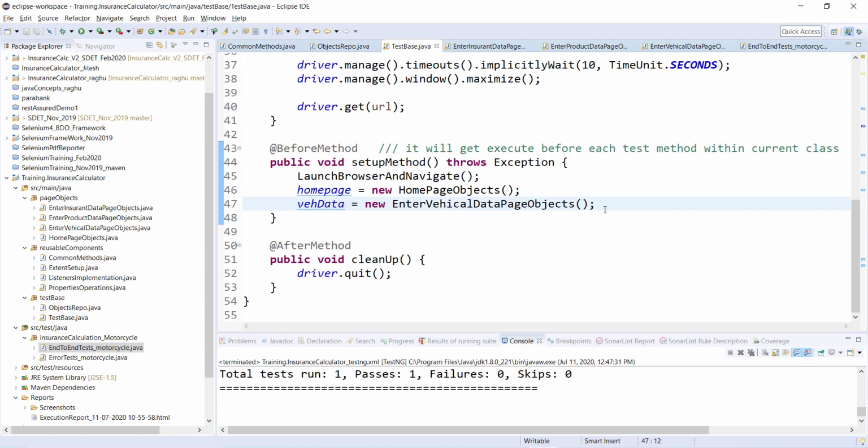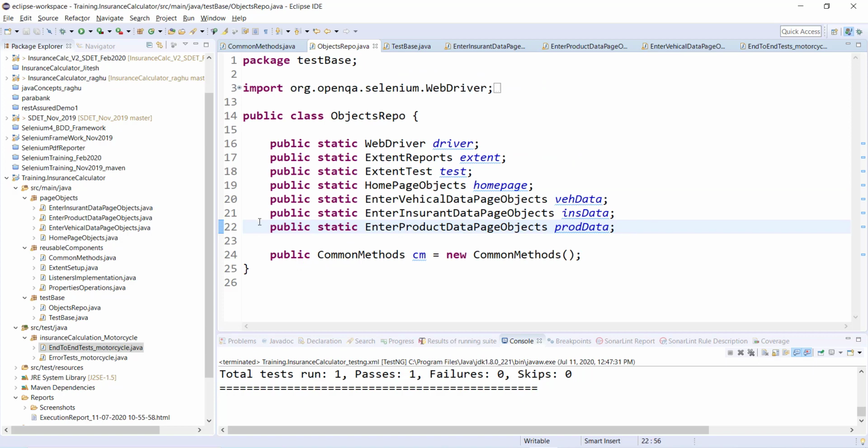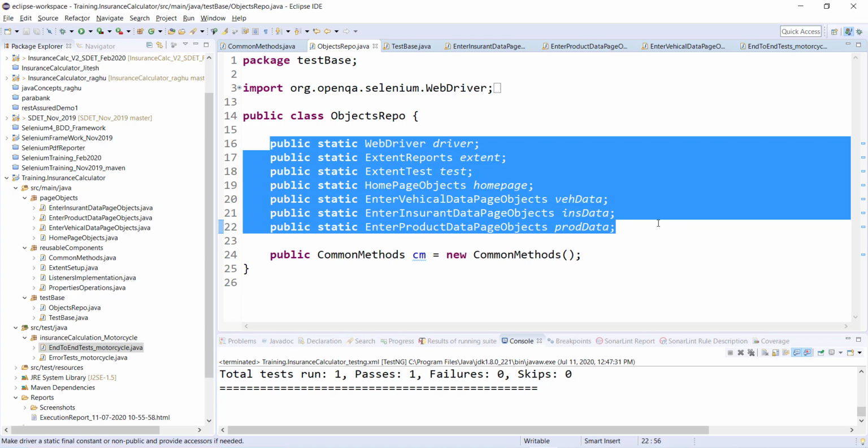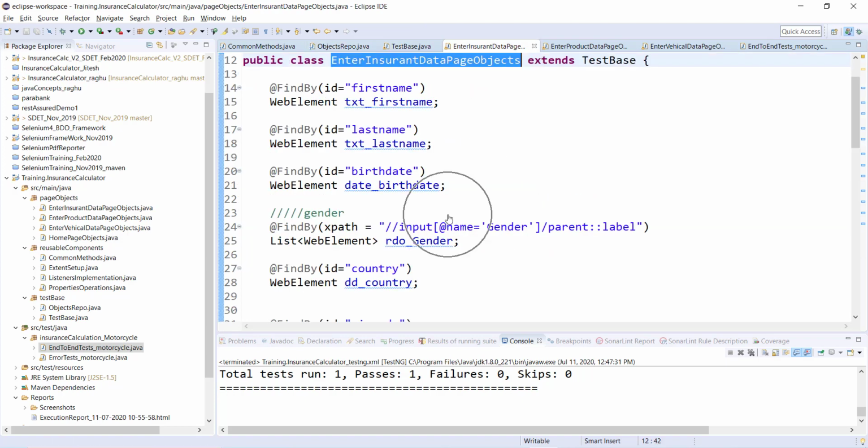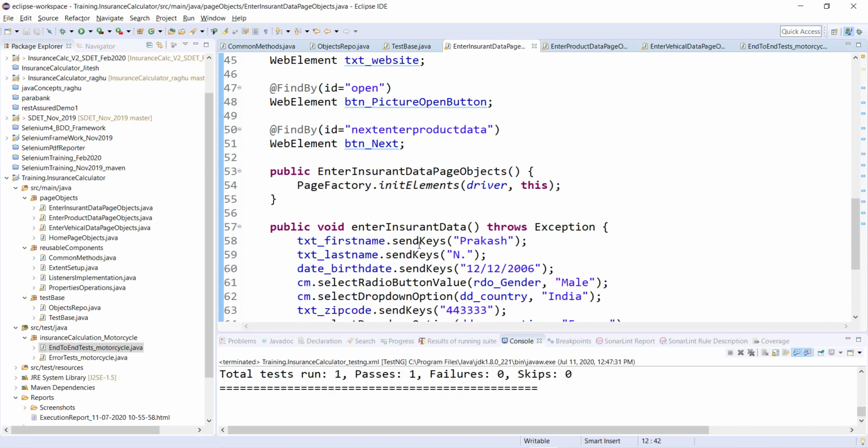So why am I initializing them in test base? Because here my driver will get assigned a value, right? The question is, why am I not assigning here itself? Because if I'm declaring them as static, static is the very first thing which gets memory, right? So before it creates any object, it will get space in memory. That means it will get initialized. But all these methods need the driver. If you go to any of the methods and see the constructor, this constructor needs the driver, right? And at the very beginning my driver is null, so it will not work.